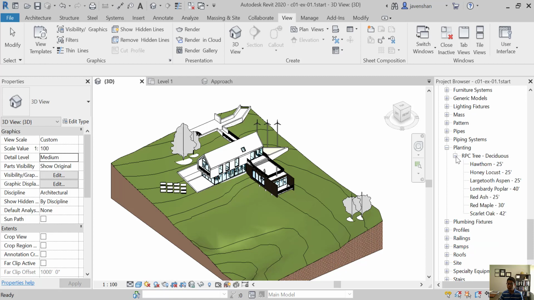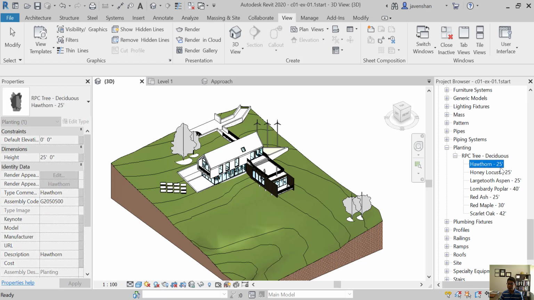Expand RPC Tree, hawthorn 25 feet. If you would like to place this tree in this site, you can hold down on the hawthorn 25 feet and drag and then release